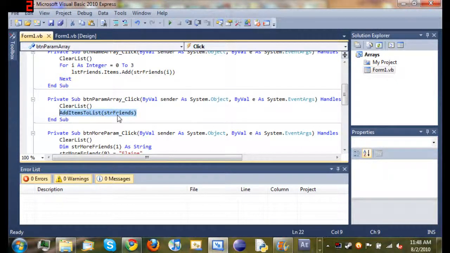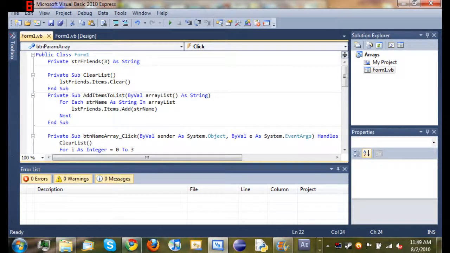string friends. You don't know what this is yet, but it's calling a function that I created up at the top, and we're going to go up there and I'm going to explain the code to you. And this is basically what passing arrays or any type of data type is. Passing it inside of these parentheses from another function. So basically we created this function, start off private sub, and we named it add items to list, and